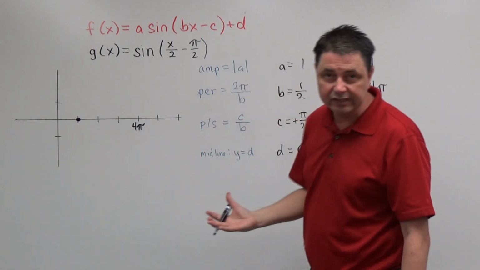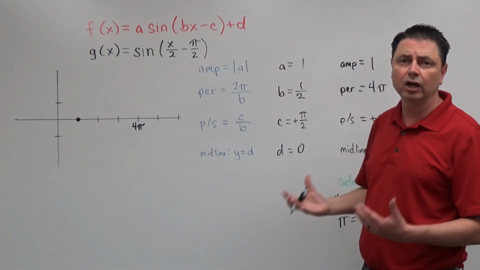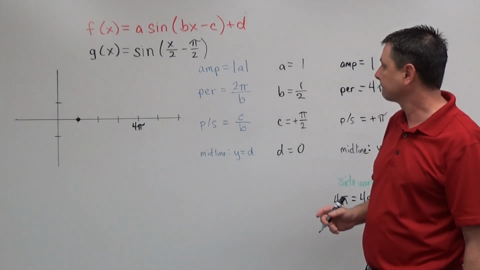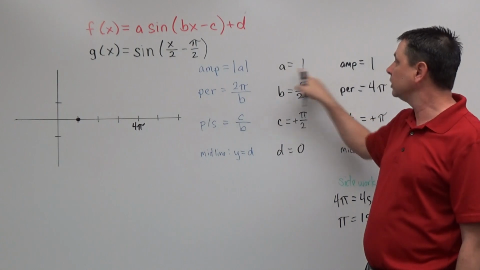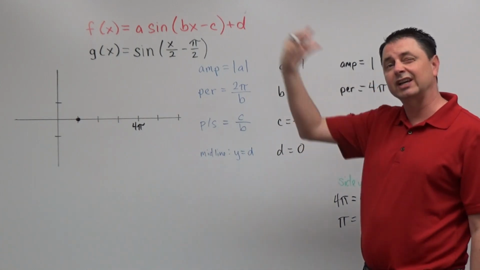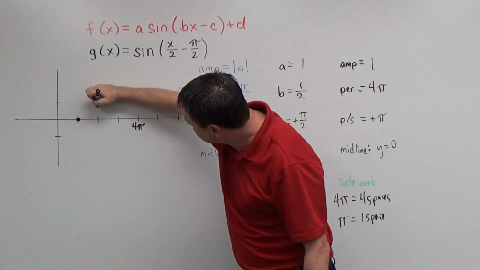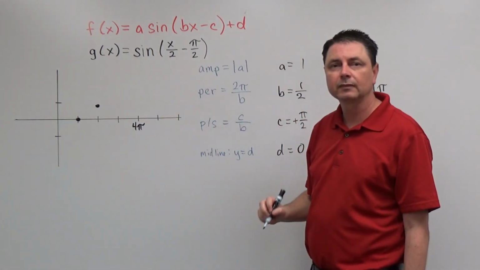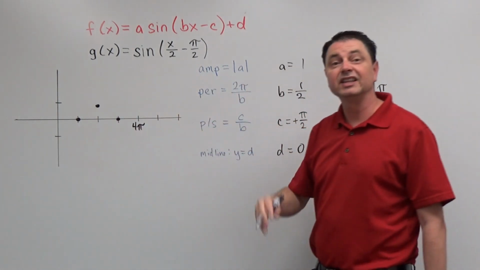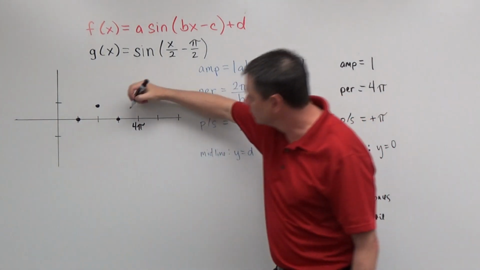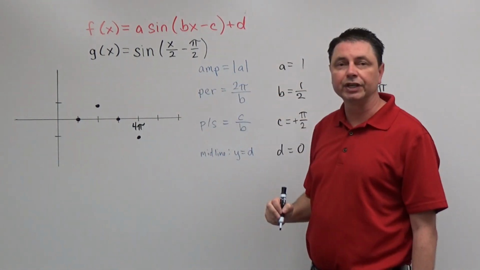And then the rest of the sine function is exactly as it's looked before in the other graphs that we've done. A is positive 1, so we're going to start by going up. The amplitude is 1, so the next one's going to be 1 above. So at the next key point, we're 1 above, and then we return to the midline. And then the next one's going to be 1 below, and then we're always going to finish